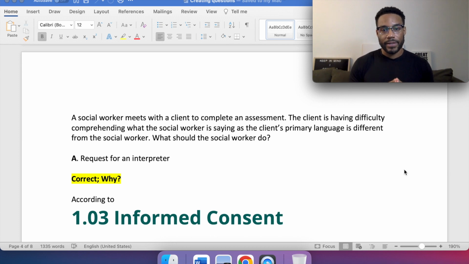The code of ethics is our blueprint, our guidebook. I have a series. I'm gonna link the playlist down in the description and in the comment section because it shows us how to navigate these type of situations when they pop up. Because again, we'll end up picking an answer that sounds good. But let's dive into it.